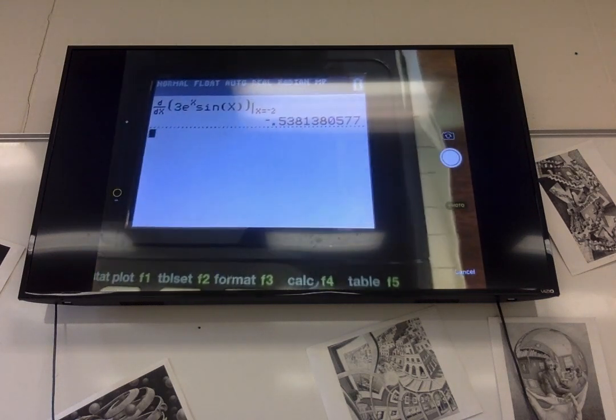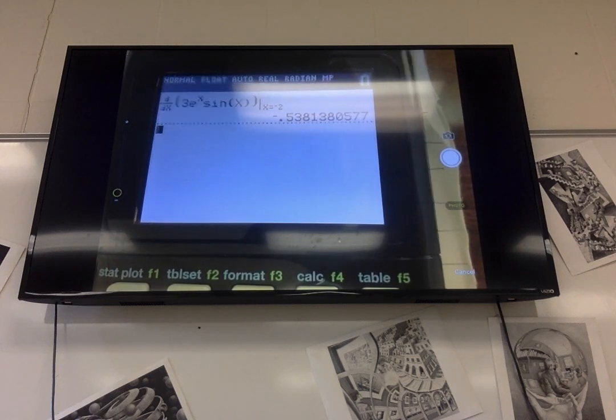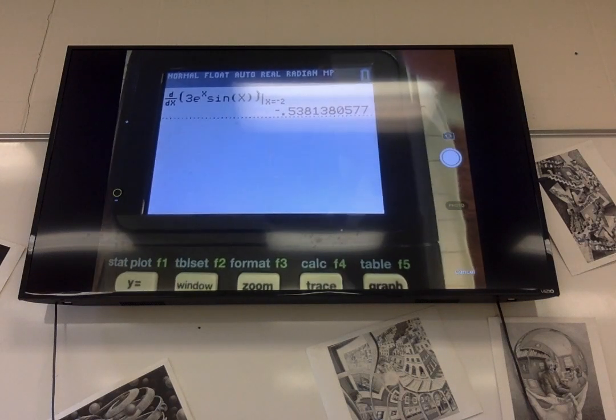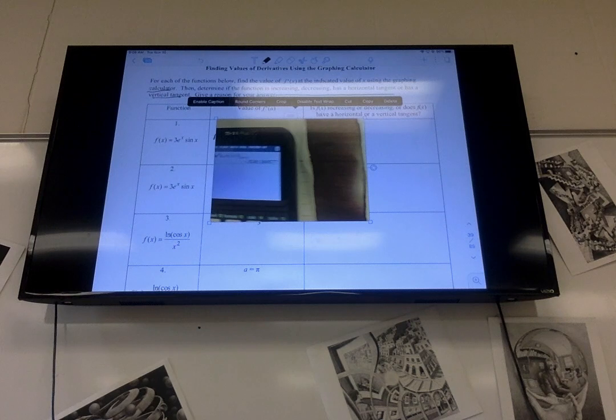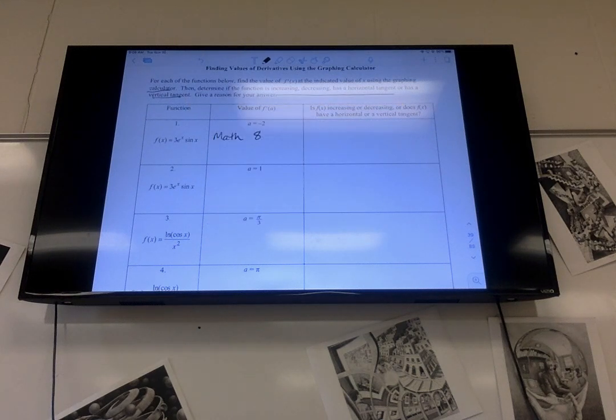It should be. Pass it to me. So look at it. She figured it out. Mine just wasn't in radians. So f prime of -2